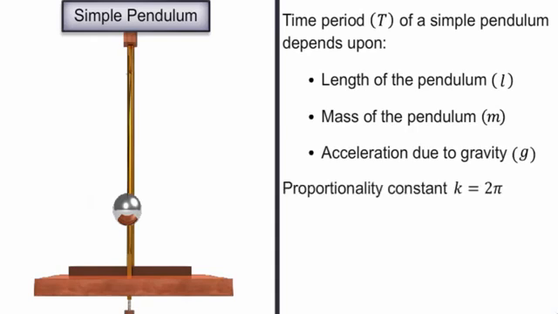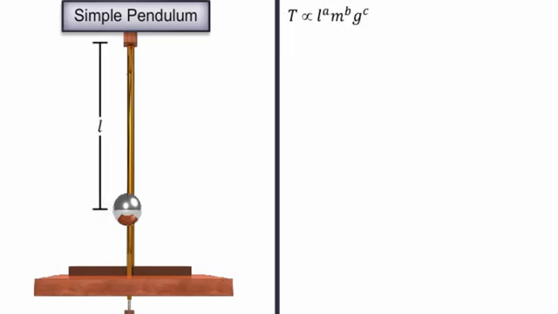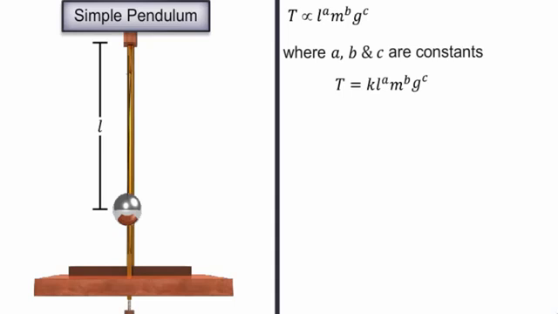We assume that the time period is proportional to L power a, m power b and g power c, where a, b and c are constants. Replacing the proportionality symbol, we get a constant k. Hence, the time period is equal to k into L power a, m power b, g power c. We now need to find the values of a, b and c using dimensions of the physical quantities on both sides